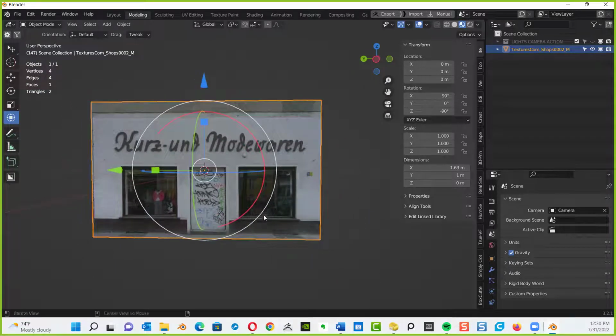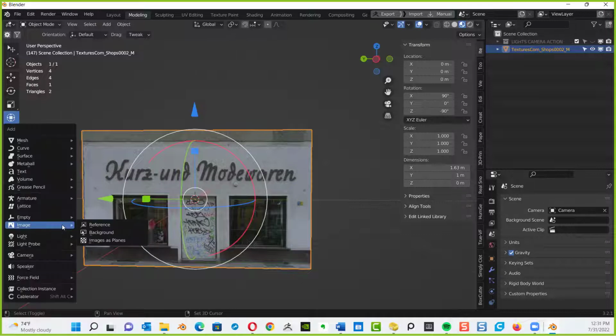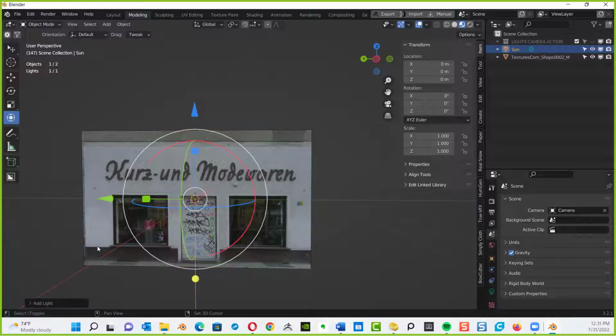Because right now, I'm going to turn on my lights. In fact, I tell you what, you'll probably have lights already added in, but I'm going to add in a light so you can see kind of the workflow. Shift A. I'm going to go to the light, and I'm going to add in the sunlight.